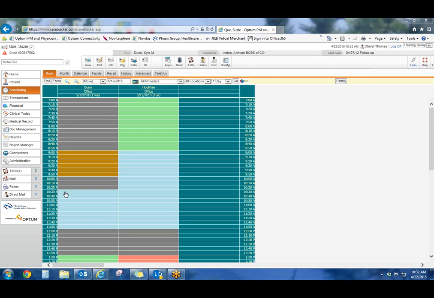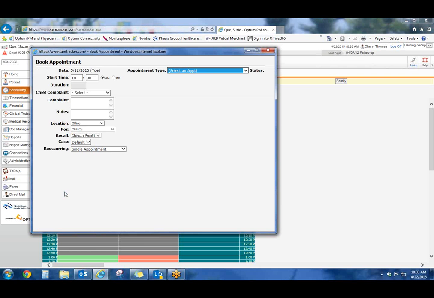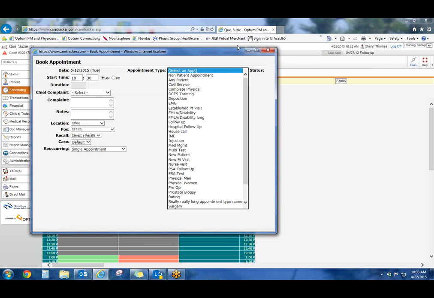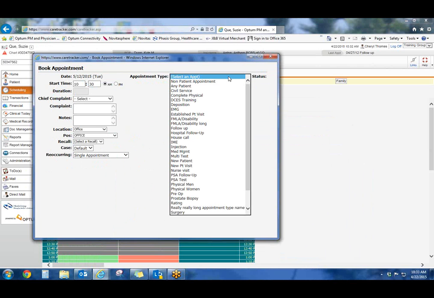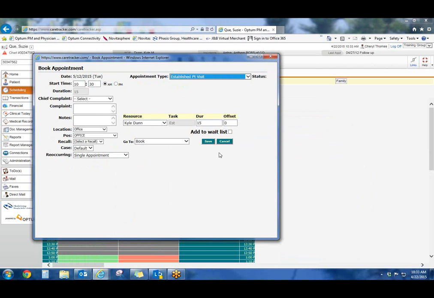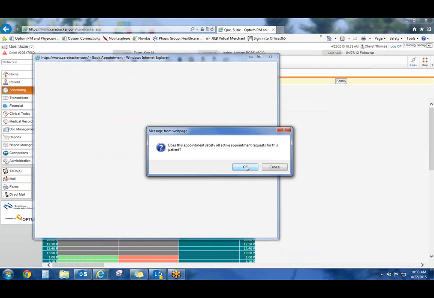So thanks, Matt. If we're going to schedule an appointment for this patient, and we're a week out, maybe even a couple of months out because our schedules are really full, and the patient asks, gosh, do you have anything sooner? If you have a cancellation, can you work me in if somebody cancels, etc. Then what you do is there's this little box right here that says add to wait list. When you save the appointment,